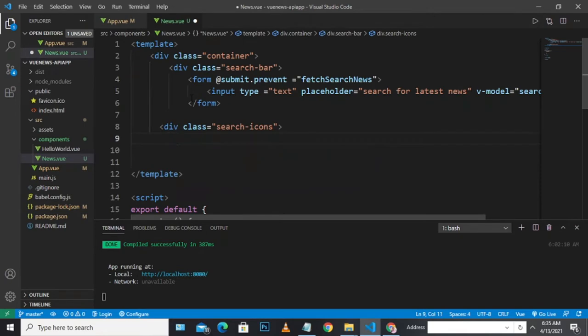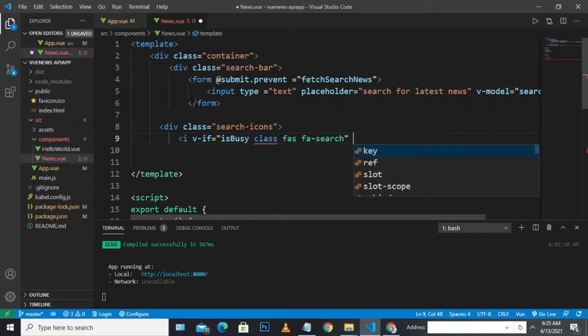So we are going to have a v-if, which is going to check if the particular searched keyword is busy, and then we are giving it a class of Font Awesome fa, which is of search, and then here we are giving it an @click, which means it should render anything that you put within the particular